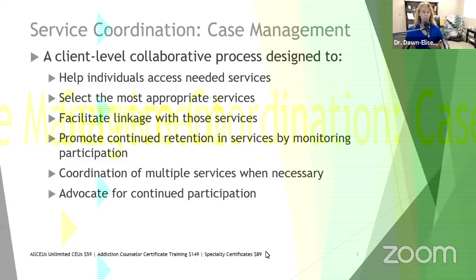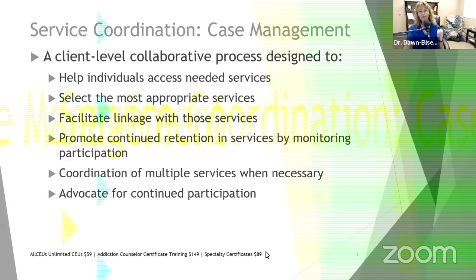The case manager has even more contact in many cases than the clinician with the client. And we have way more contact with the client than maybe the psychiatrist or the primary care physician. So it's really important for the case manager to be alert to waning motivation and advocate for their continued participation.